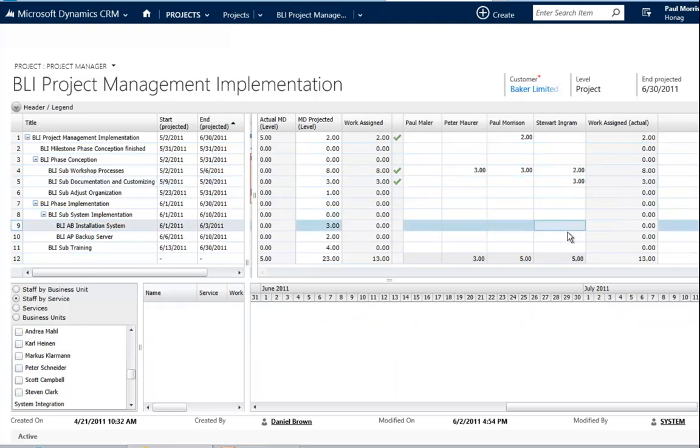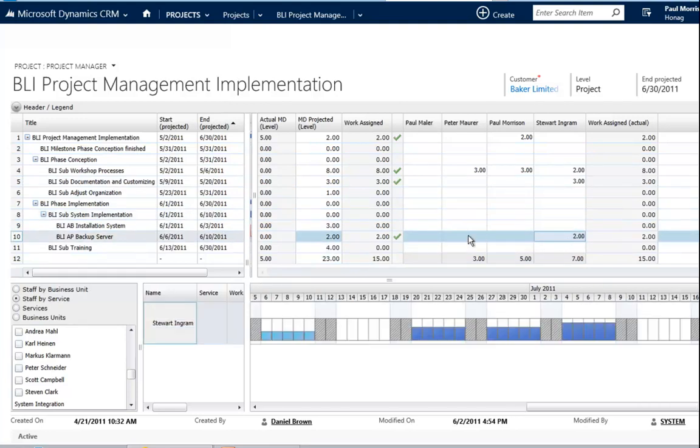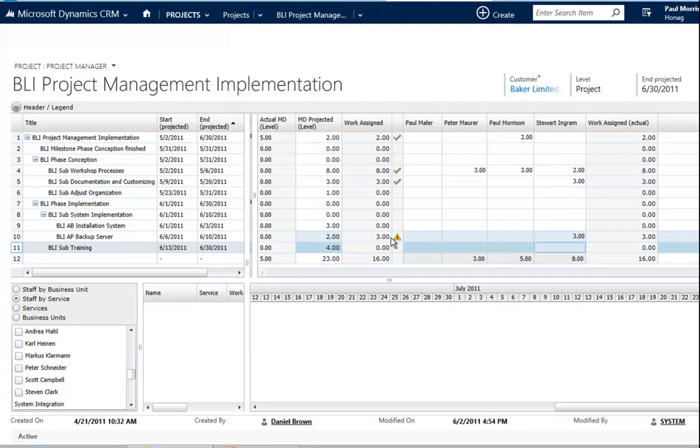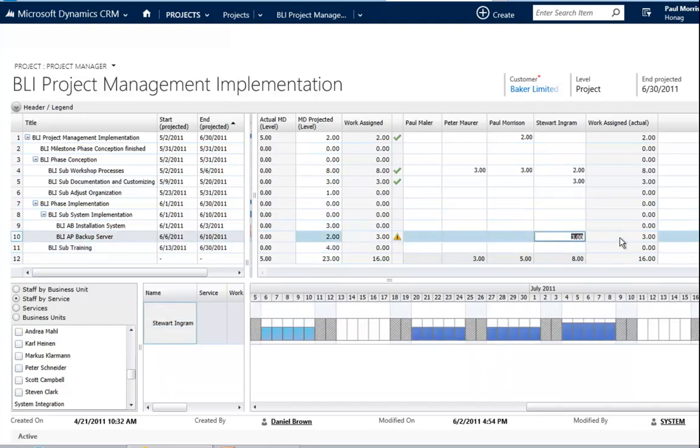So I can also say, for example, here 2 days, go here. You might have also recognized that once putting in the information, like the 2 days, that equals the mandates projected, we will get this green check mark. If you assign more work than projected, you will get a yellow triangle. It's a warning telling you that you try to assign more work than you have planned. So you will get in trouble probably. It will not prevent you from doing it, it's just a notification.